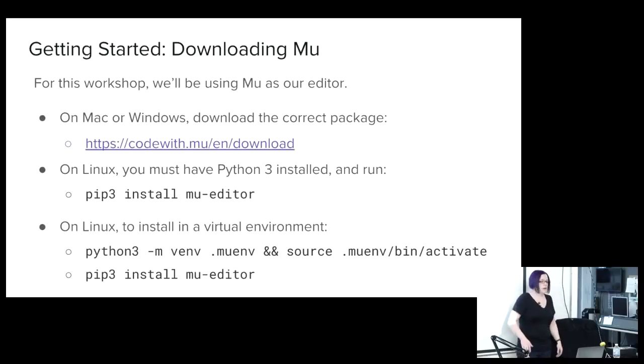All right, so here is the first thing that you guys need to do. We're going to be using an editor called Mu, which has the serial console built in. If you are on Mac or Windows, you can go to this link and download the package and just install it. And in theory, it should just work. If you are on Linux, however,